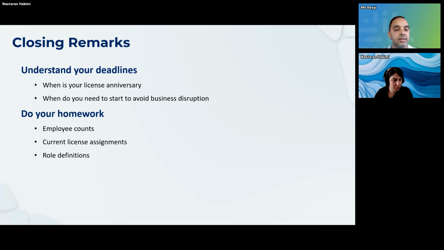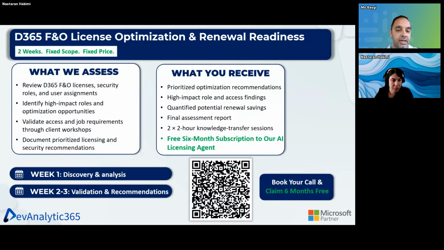So if you need any help from us, providing you the agent, or if you need any help from us doing that first-time optimization, feel free to reach out to us. As we already spoke about, we do have a 3-week exercise where we look at all your licensing. We look at all the compliance rules, all the securities. We identify your high impact roles. We make sure that you can optimize them. We make sure you get trained on that, and we will give you a full document about all the changes that you can do to your licensing and to your security roles to make you compliant from a Microsoft licensing rules validation, from a SOD perspective, and while doing that, you want to make sure that your cost